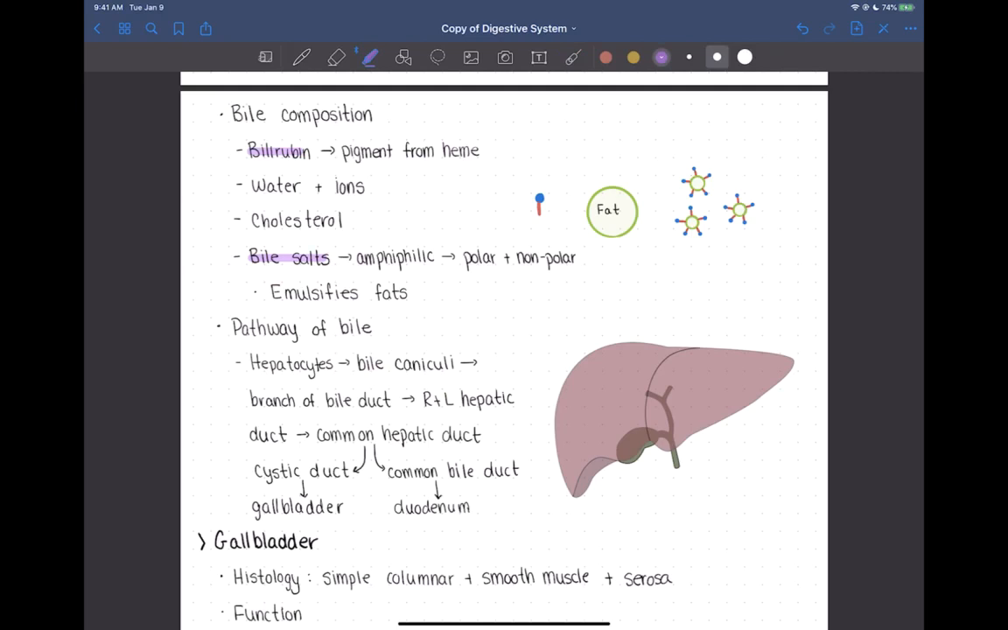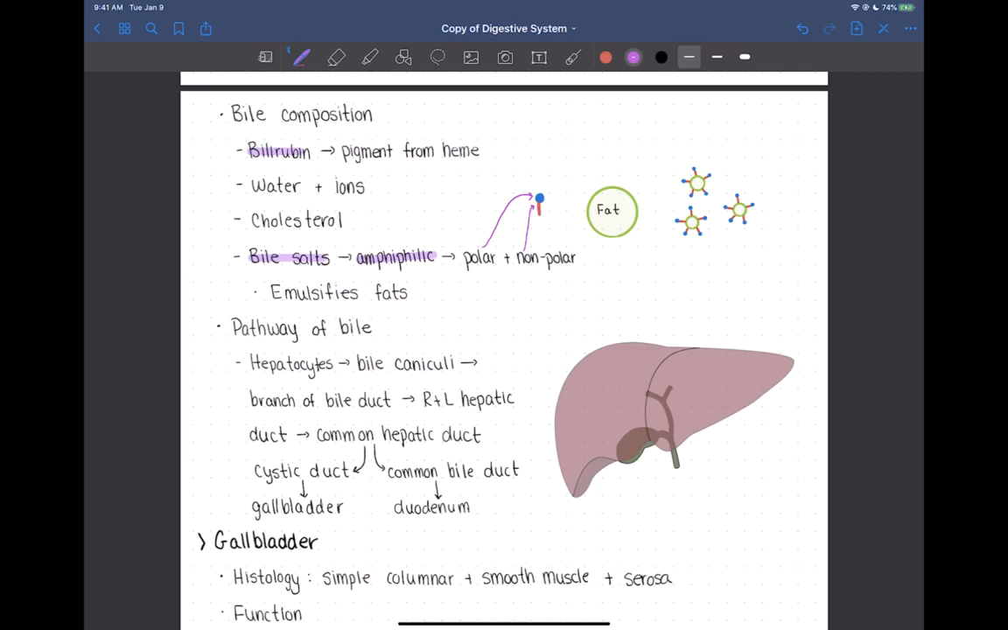Bile salts are amphiphilic molecules. That just means that they have a polar and a non-polar region. They have a polar head and a non-polar tail, very similar to phospholipids that you learned about last semester. Those are amphiphilic as well. And so what these bile